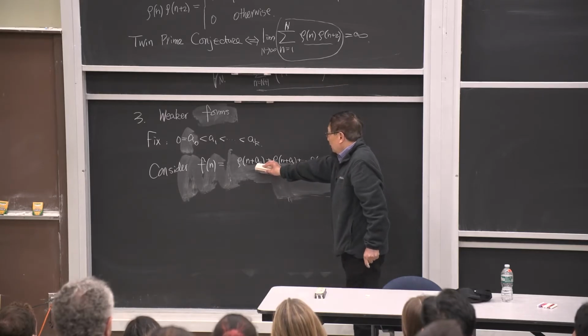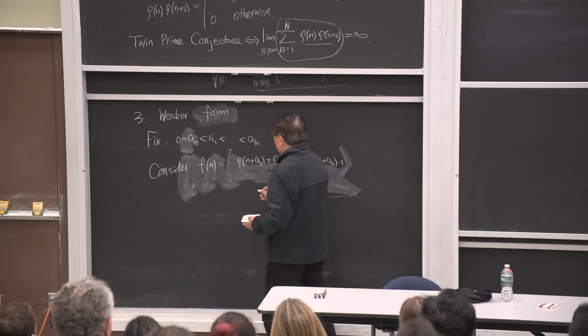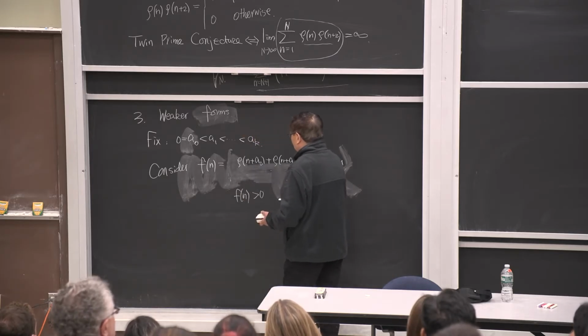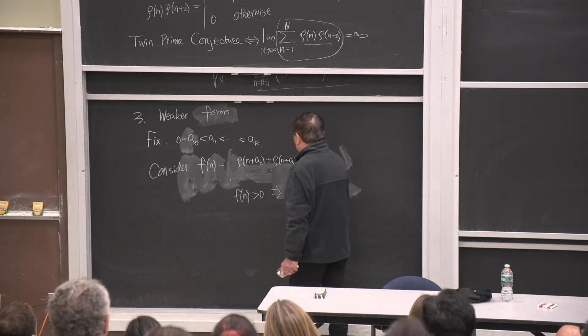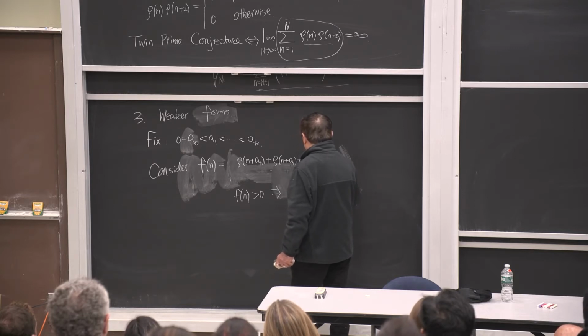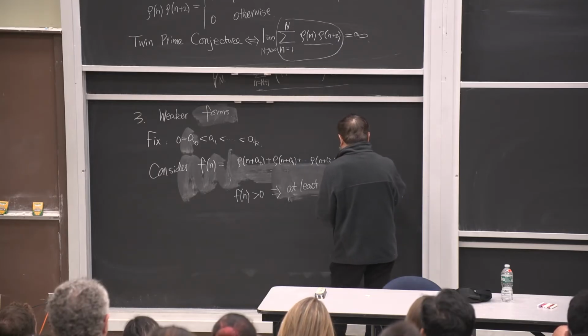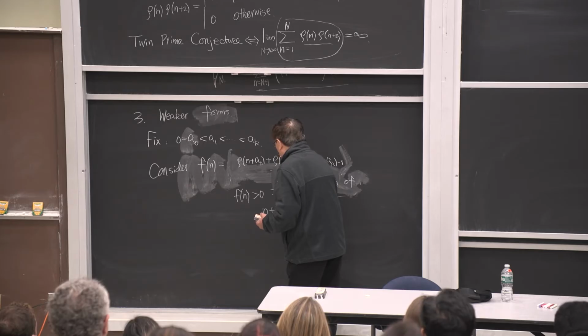If f_n is greater than 0, actually that means it is greater than or equal to 2, this implies at least 2 of the sequence n plus a_0, which is just n, n plus a_1, and so on,